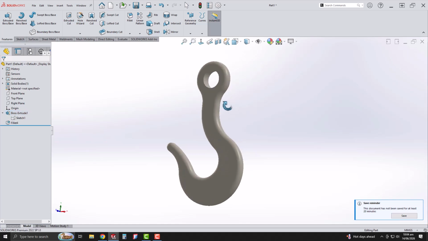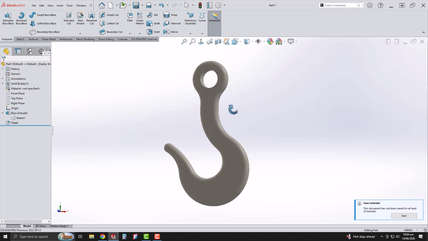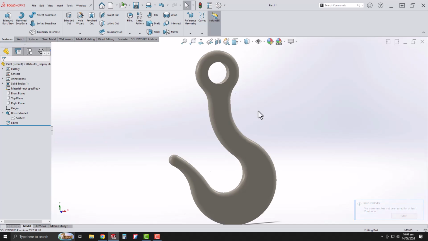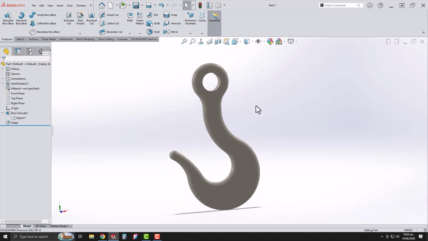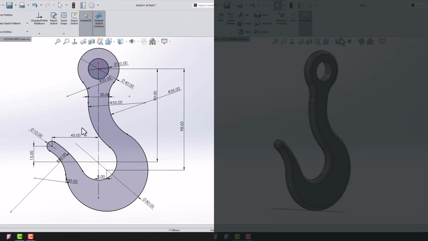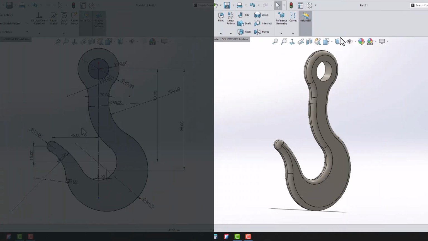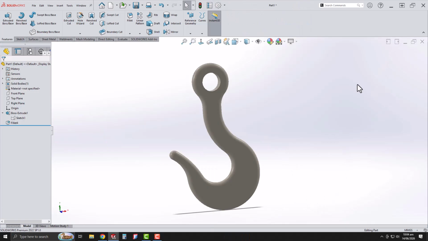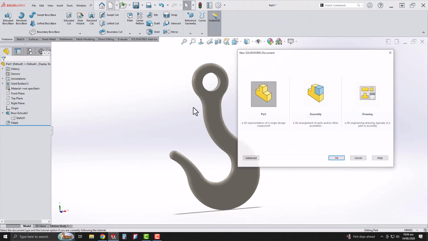In this SolidWorks tutorial, we are going to create this beautiful 3D hook model step by step. We will complete this model in two main stages. First, we will create the complete sketch, and in the second stage, we will convert that sketch into a 3D model. Let's start. First, create a new part file